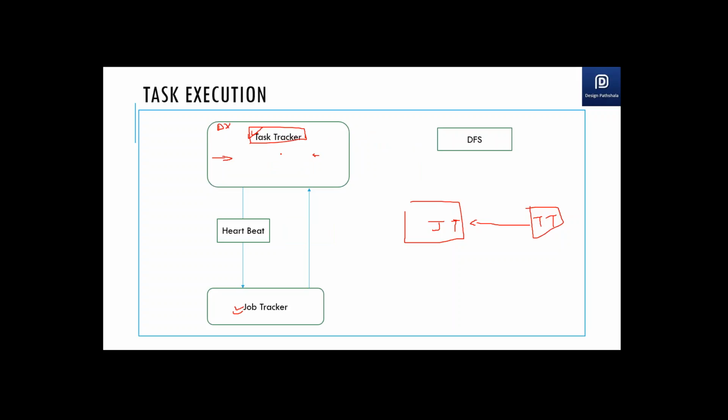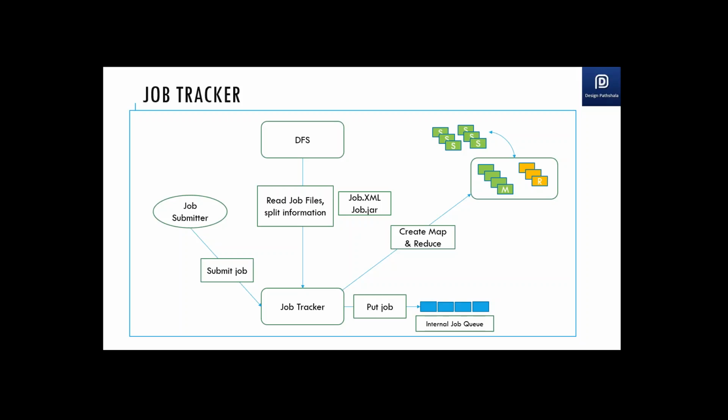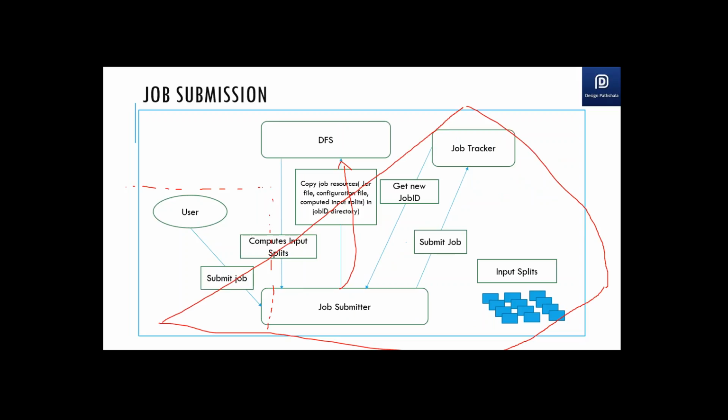Okay. And the replication factor of the logic which is copied into the distributed file system is not 3, it is as high as 10. Any guesses? The replication factor of this logic, that is a jar which contains your logic, is not the default 3 of the distributed file system. There is a separate replication factor maintained for this logic itself, which is 10 by default. Any guesses?